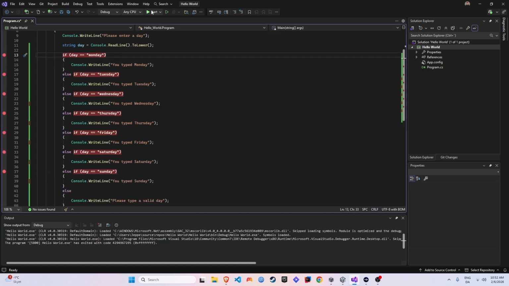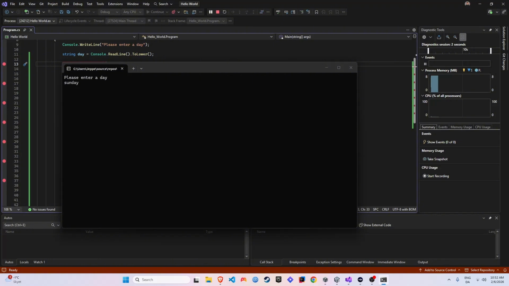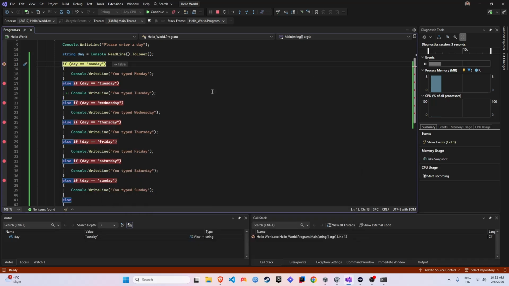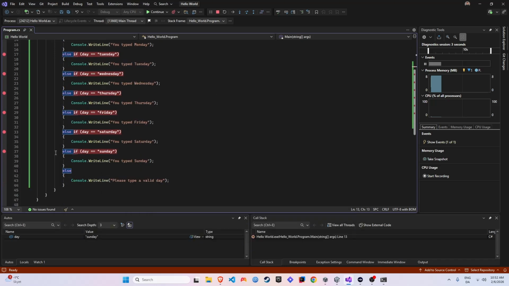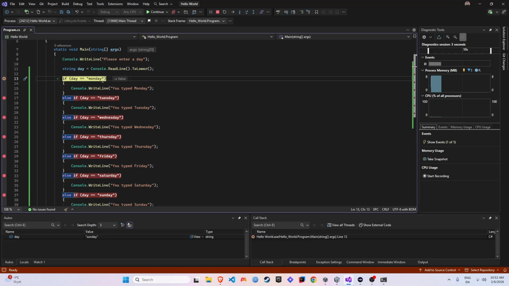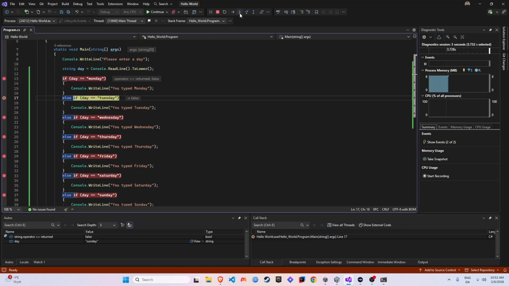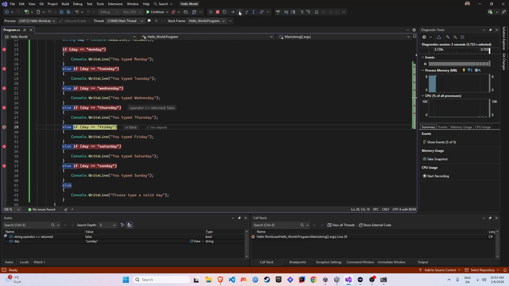So, for now, we're just going to start the program. I will type Sunday. And here comes the part where I'll show you how much more efficient switch cases are compared to a lot of if statements. So, I type Sunday, so it has to go down here. But first, it will check, is this true? No. We will continue, then another check, and then another,